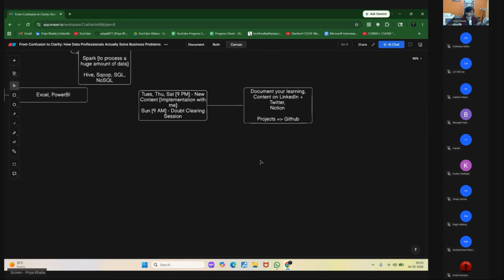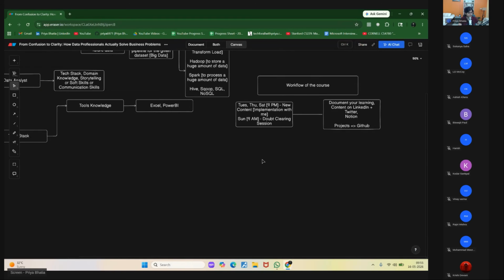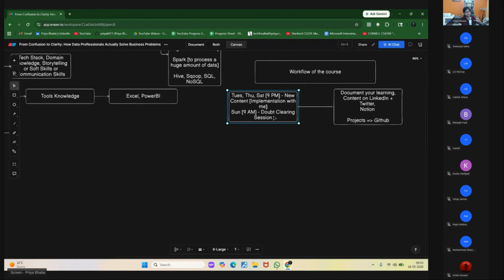Clear? Very good. So this is the, what I can say, complete workflow of the course. Great. Now, obviously, this workflow will start from next week onwards because this week, today also, and tomorrow also, I